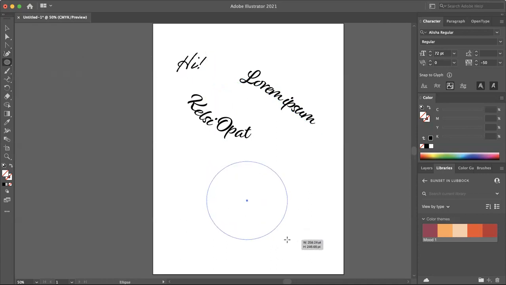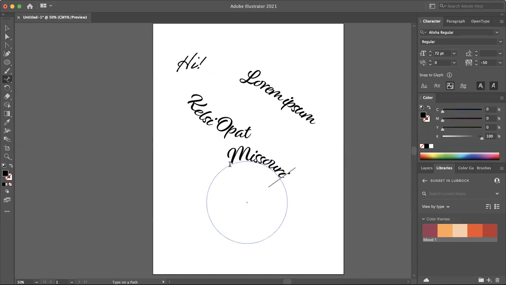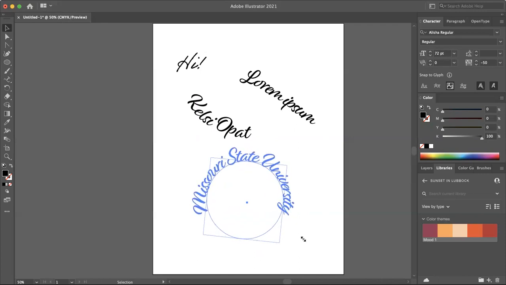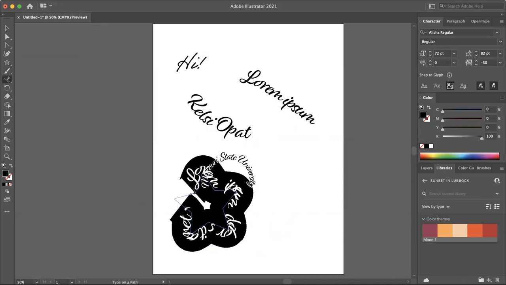If you want your text to go around a circle, you can do it that way also. Okay. Then you can rotate it so that you can actually read it, and you can change the size of it. Of course, as you can see, it takes your text with it. It doesn't keep it the same size that it was. Anyway, yeah, just a really fun tool. I find myself using it quite a bit.